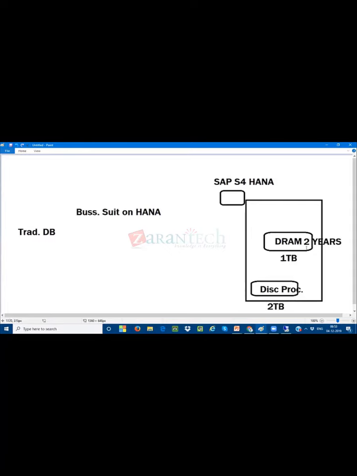Now, this current 2 years of data, 2019 and 2018, is resident in my DRAM, and all the historical data I just maintain in the disk processing, because I don't require that data as of now, so let it be in the disk process. The actuals of the current year and the previous year are going to be stored here, so I call it the hot data. So this DRAM, whenever I am executing any Fiori reports,